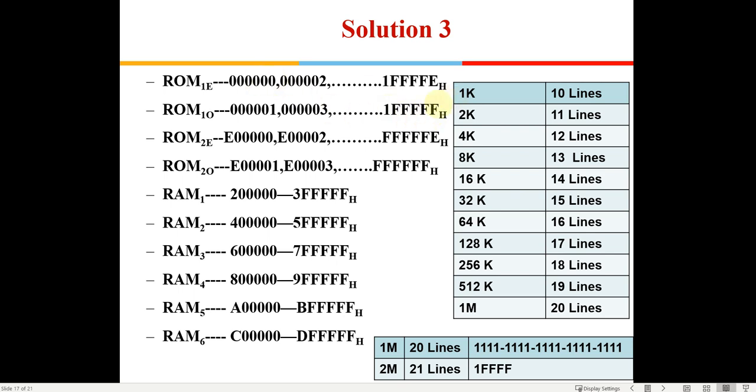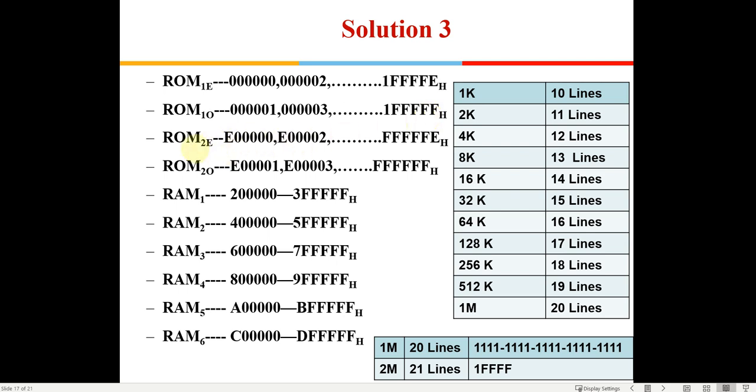But this is for 2 MB; alternately, 0 will be here, 1 will be here, 2 will be here, 3 will be here, and 1 FFFE will be here, and FFFF will be available here. Sorry, there has to be one more F out here, so there are 5 Fs. There is an error here; there has to be 5 Fs. So this is going to be the end address. Is it clear to all of you how this is written?